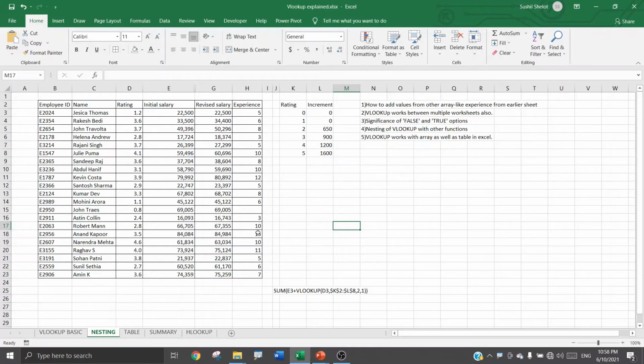So this is how one can choose the nesting of multiple functions. I have given you a very simple demonstration of SUM function nested with VLOOKUP. In the earlier worksheet, we had seen COLUMNS function nested with VLOOKUP. And now let us go to a more complex and more